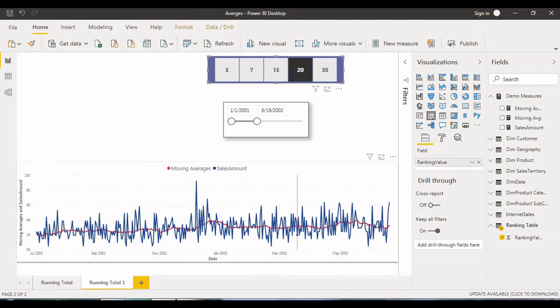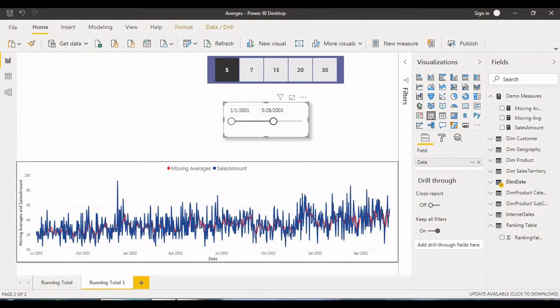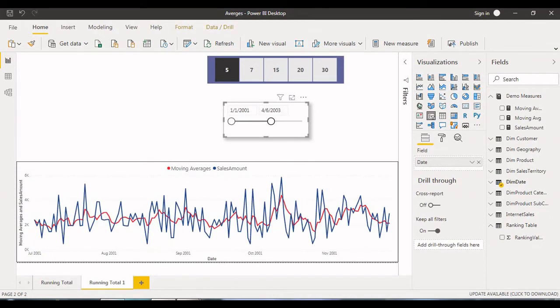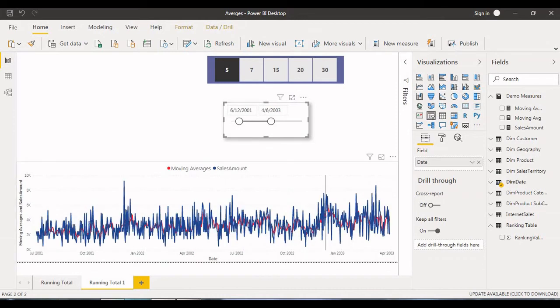Now you can see the line changing whenever I change the selection. I'll even adjust this one. Likewise, I have designed the report, so I'll show what kind of logic I have included to get these numbers.